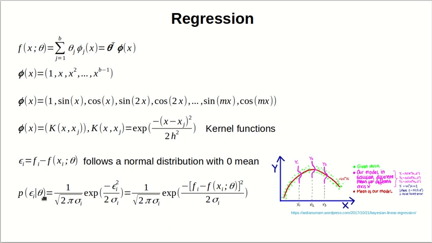given a particular choice of theta, a particular choice of model, is just going to be this Gaussian, with this particular factor in front, and then the exponential function of minus epsilon i squared divided by sigma i. Sigma i is the variance for the ith training data. And if we bring the expression for epsilon i into this Gaussian, then we have this expanded expression